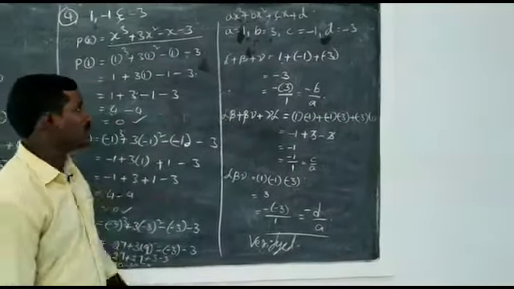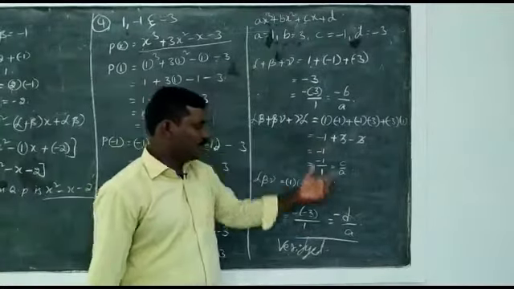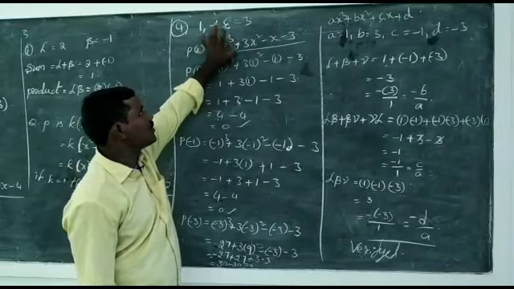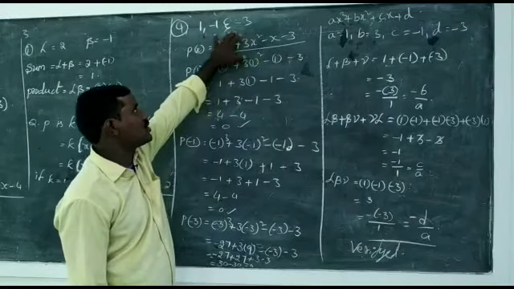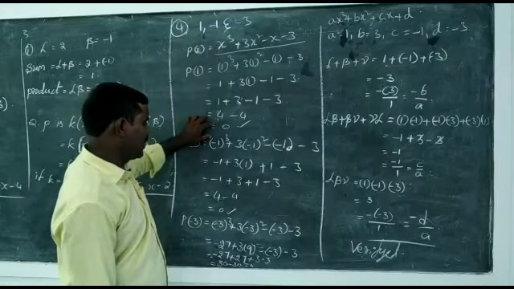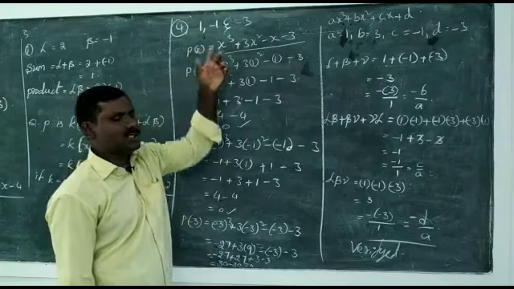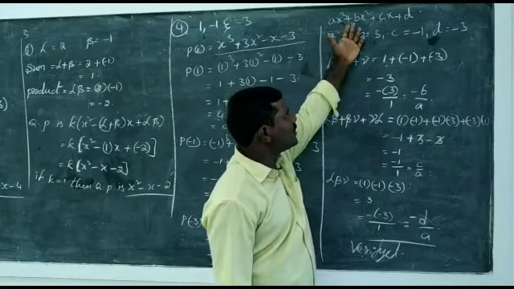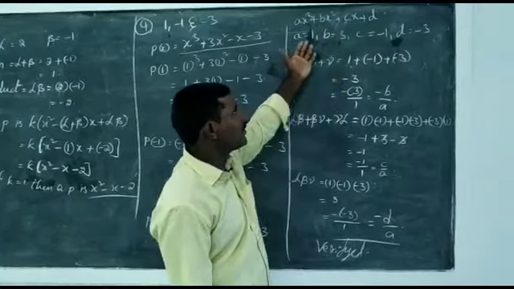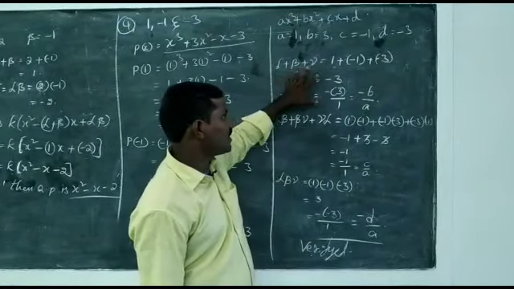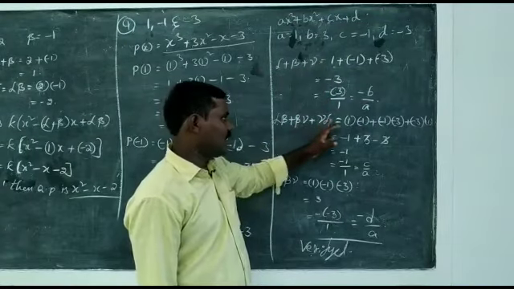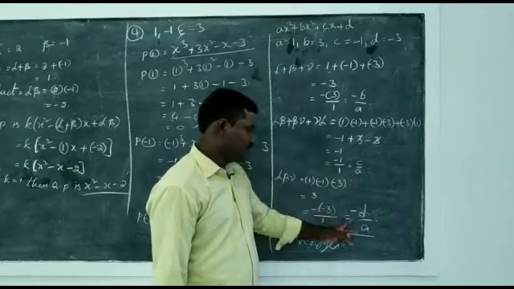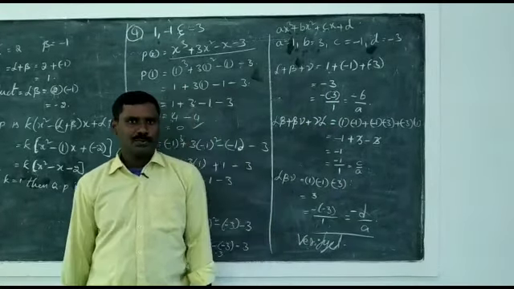This is about the 4 marks. Up to here it is 2 marks and up to here it is 2 marks. See here again, once again, alpha equal to 1, beta equal to minus 1, gamma equal to minus 3 are the zeros. Just you have to substitute, then the remainders are 0, then these 3 are the zeros of the given polynomial. And the second case, compare with the polynomial ax cube plus bx square plus cx plus d, find a, b, c, d values, substitute in the formulas alpha plus beta plus gamma, alpha beta plus beta gamma plus gamma alpha, alpha beta gamma. Find the values and verify. That's it. It is a very important question. Please do it.